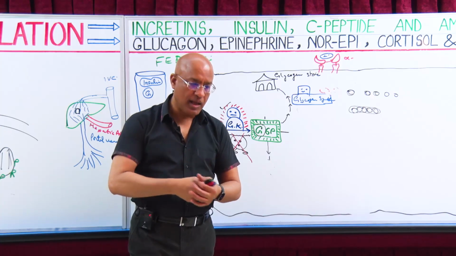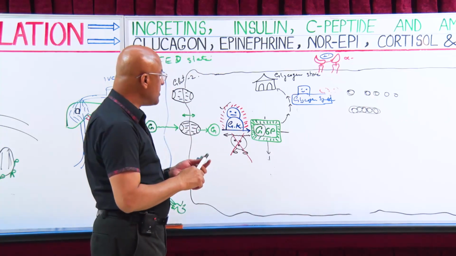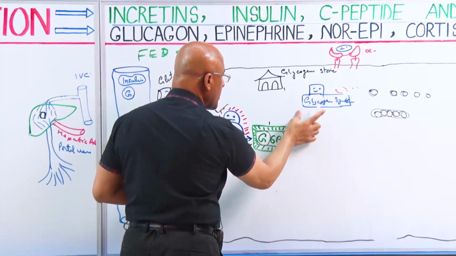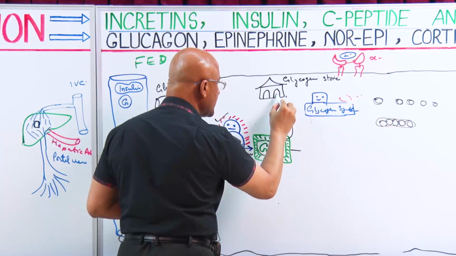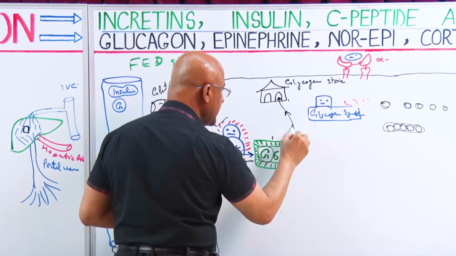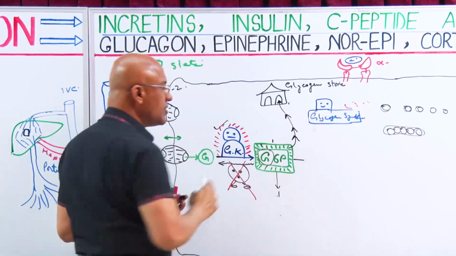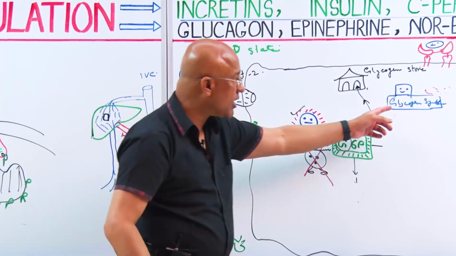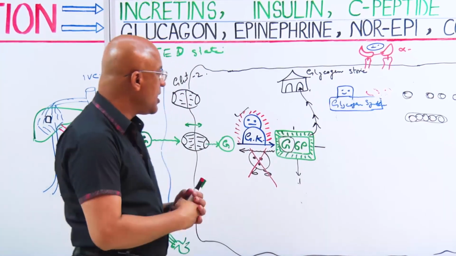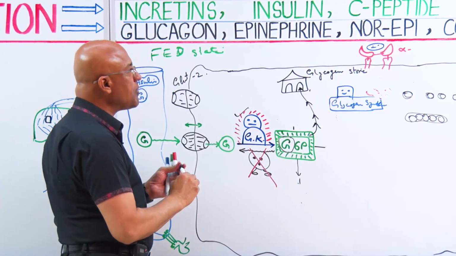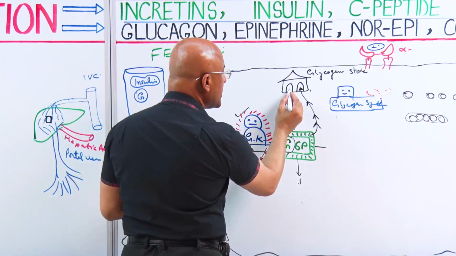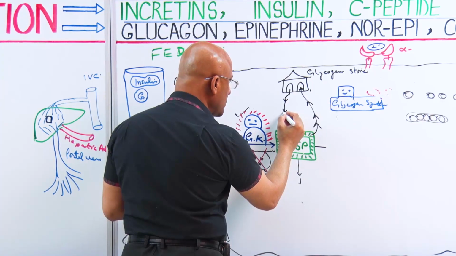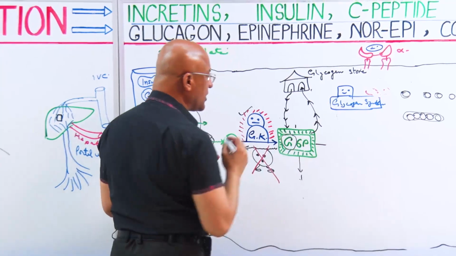Is that right? Now, here I want to mention one more thing. Here, dephosphorylation occurs and glucose is polymerized into glycogen polymers. Is that right? Dephosphorylation of glycogen synthase occurs. But at the same time, there is another pathway in which glycogen can be broken down and brought back to glucose 6-phosphate.